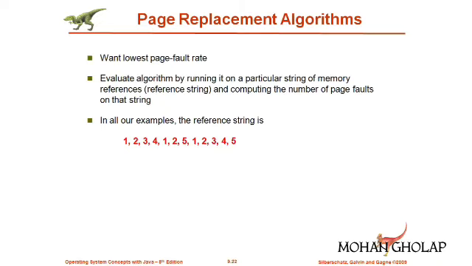So we know that the programs will be present on the secondary memory. In order to execute them, we have to bring them to the main memory. But compared to secondary memory, the main memory has a limited size. So that's why all the programs cannot be loaded at the same time. And in some cases, there may not be a free frame or free space available on the main memory to load the program to be executed.